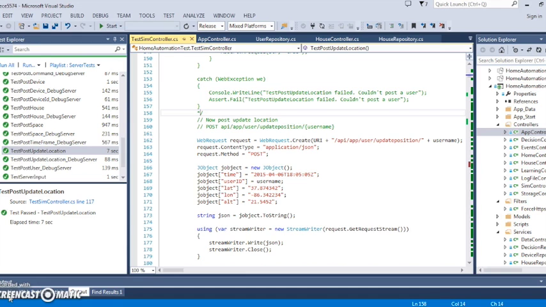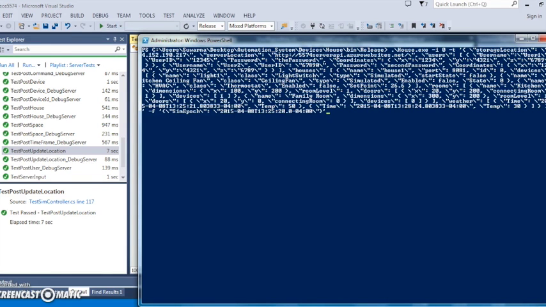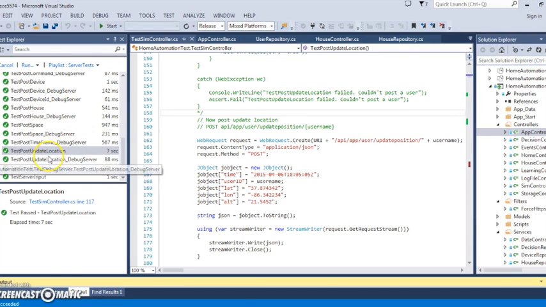The test will act as a user sending commands to the server, and the server will react accordingly. Before I run these tests, I need to run the house locally on my machine. This is similar to running the house via a SIM harness app. Once the house is up, I'll run all my tests. While the tests are running,